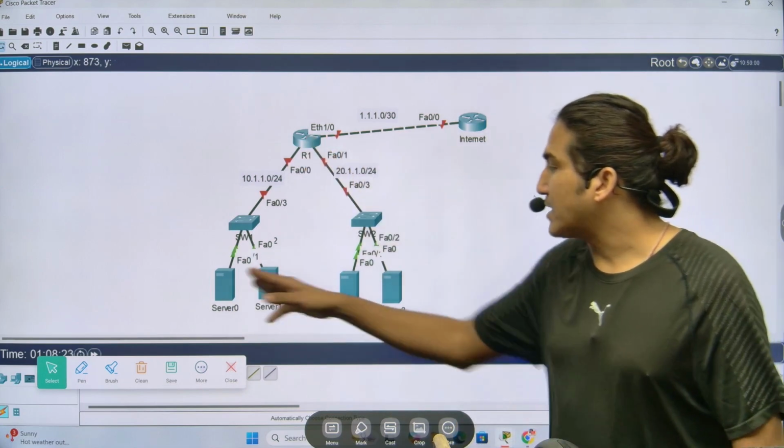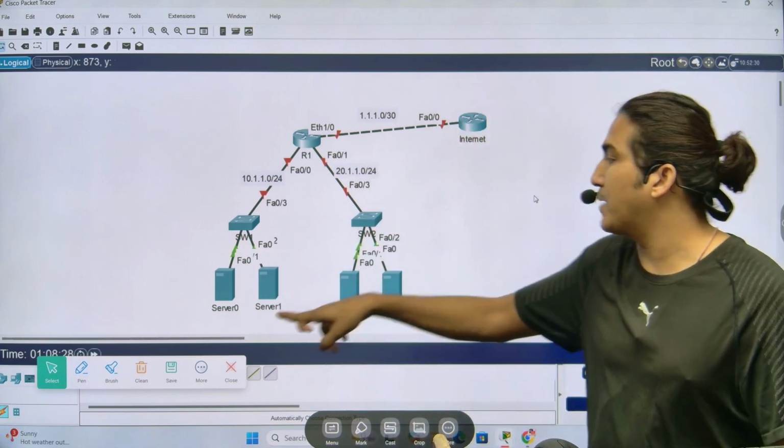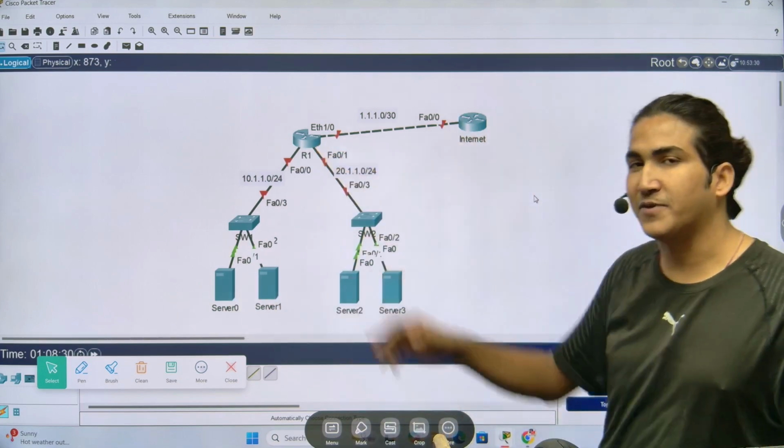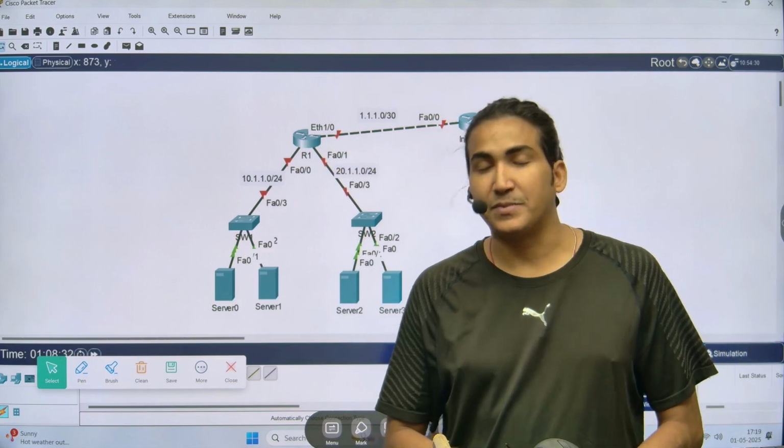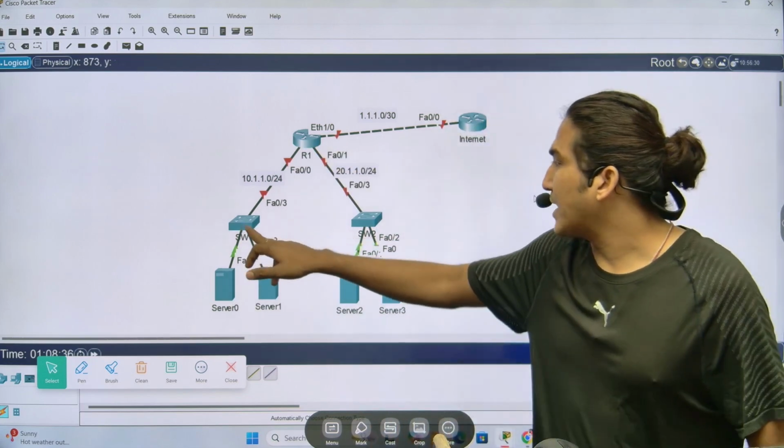Or if these are servers and I want to provide remote access, means users from the internet should be able to access these servers, then I have to configure 1-to-1 mapping over here, that is static NAT. Okay, on the switch we can have multiple VLANs,